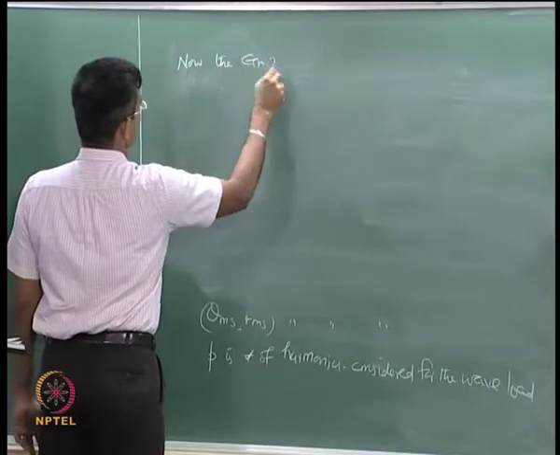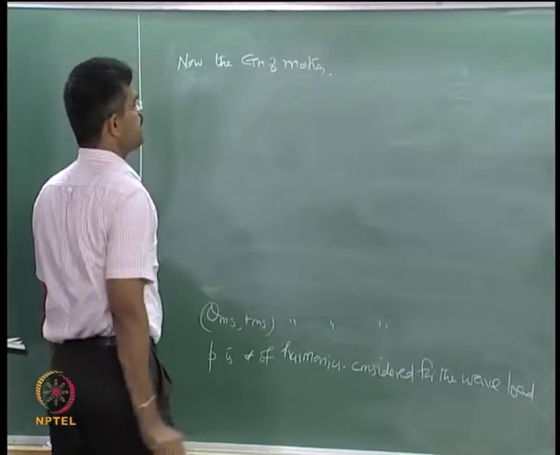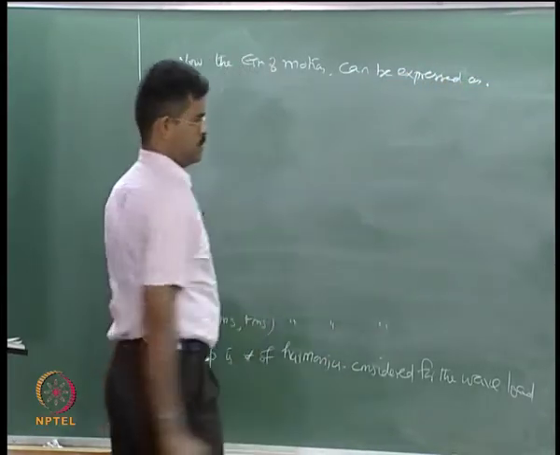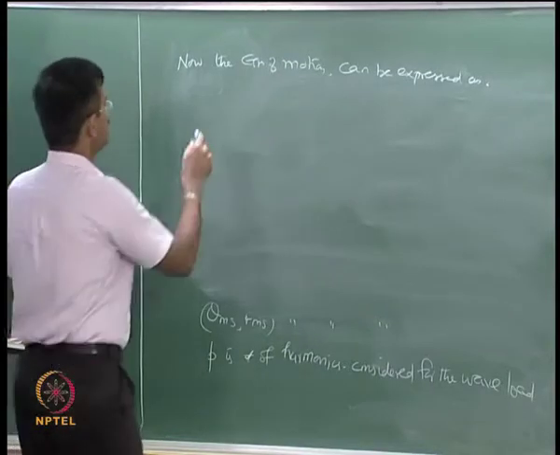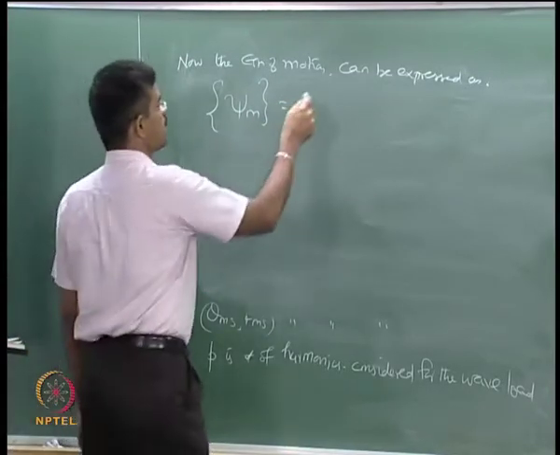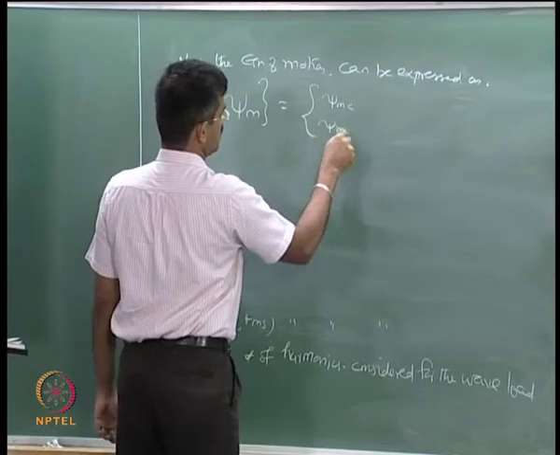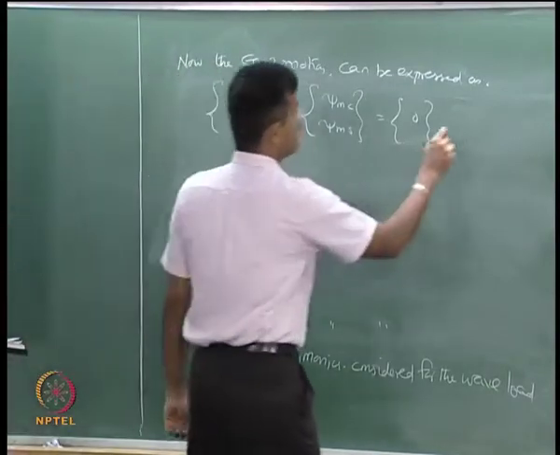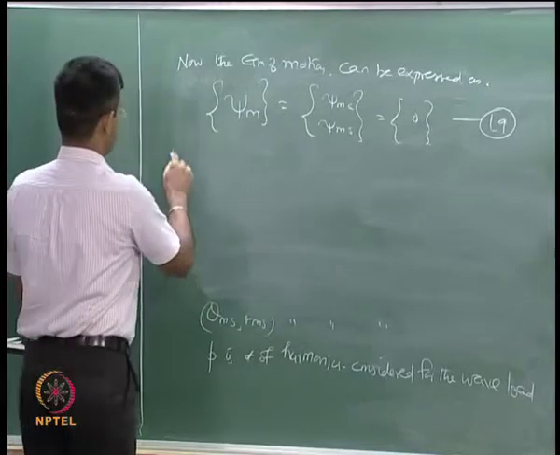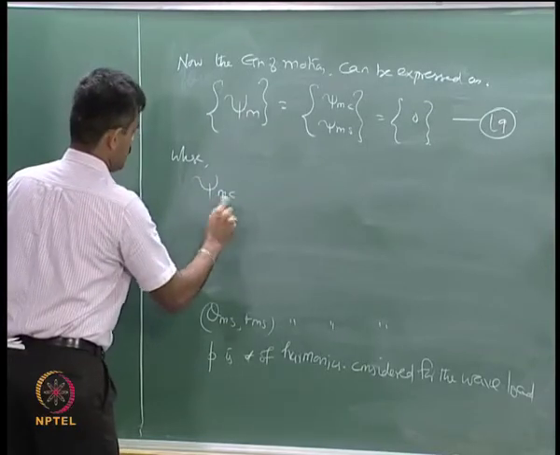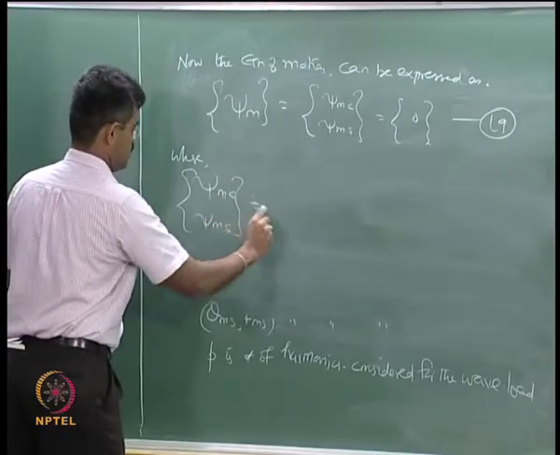Now, the equation of motion can be expressed, in a simple form, as psi of m is psi mc and psi ms, where psi mc and psi ms can be given as